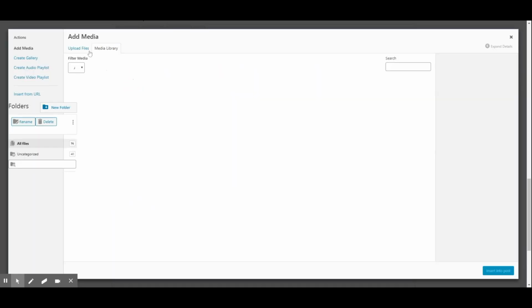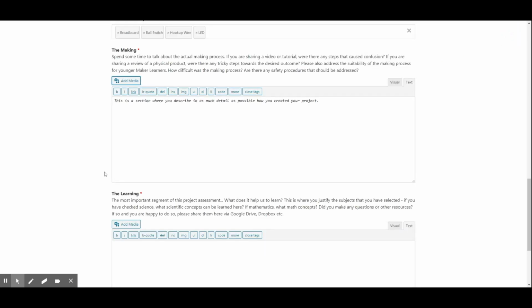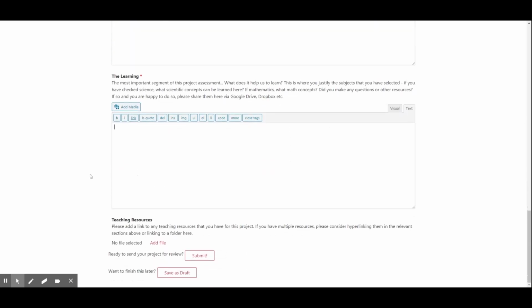There's an add media button, which will allow you to either use the media that you've uploaded before, or you can upload new files as well. Same with the learning section, but here you should explain, and again, in as much detail and as clearly as possible, what learning will take place during the completion of this project. Okay, so you might want to relate to the physics concepts, the mathematical concepts, and how they really tie into